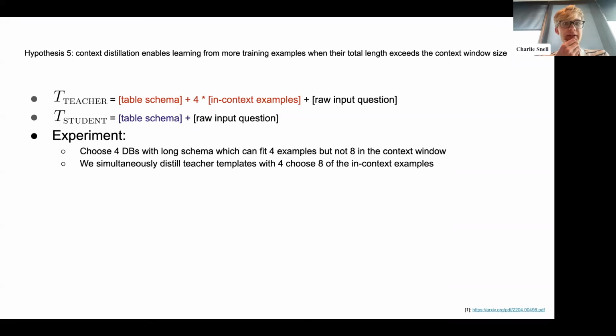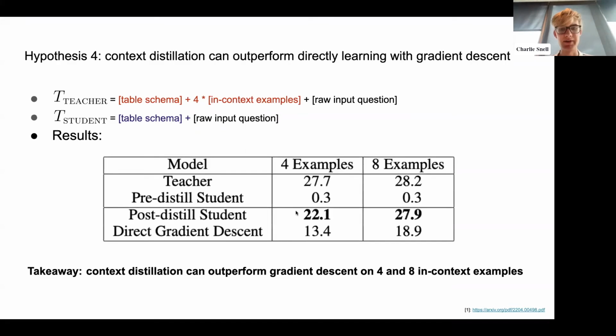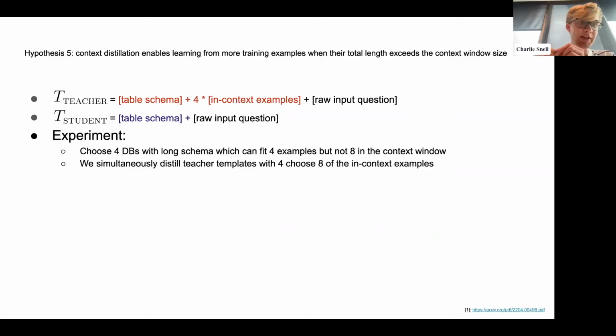And then the next question is, can we learn from more training examples than actually fit in the context window? So you might say, why would you need to do context distillation if you can already just prompt the model and get something that's slightly better? There's always a little bit of a drop when you distill. It doesn't fully recover the teacher's performance. But it might be the case that you can't fit all the training examples in the teacher. And maybe if you distill more training examples than could fit in the teacher's prompt, then you might be able to significantly outperform the teacher with context distillation.